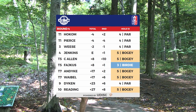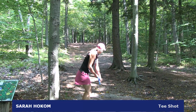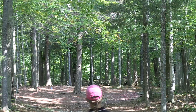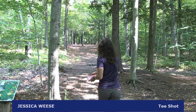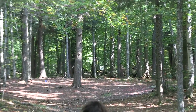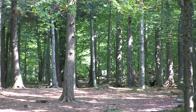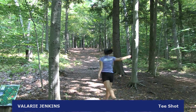We advance to hole 14, a 260-foot par 4. You just need to thread the gap, get inside circle 1, and hit your putt. Sarah Hokom gets a nice little kick from that tree. She's got about 20 feet for the birdie. Jessica Weese, who's fallen off a little bit, but is still within range with 5 holes to go, gives herself a good look at birdie. And Valarie Jenkins,